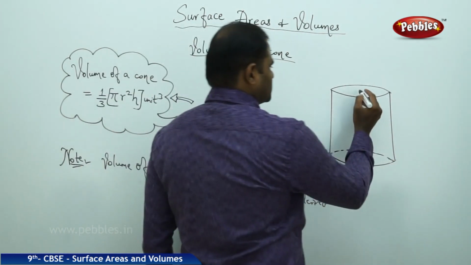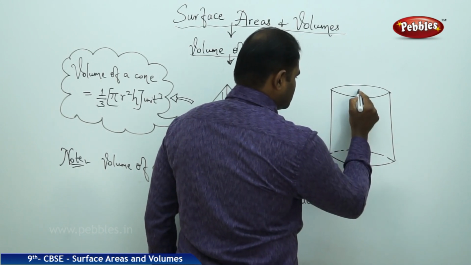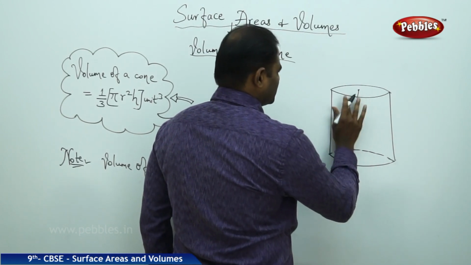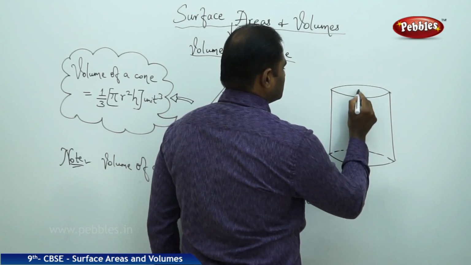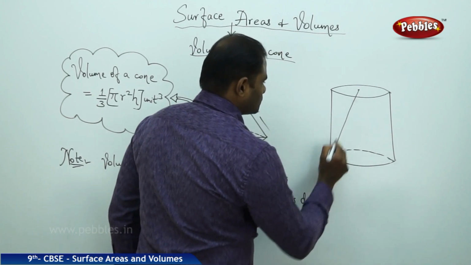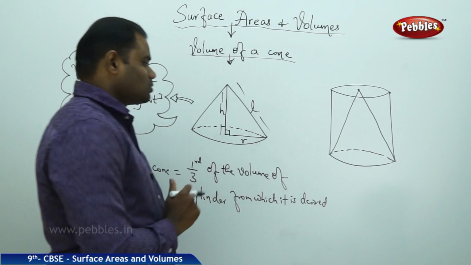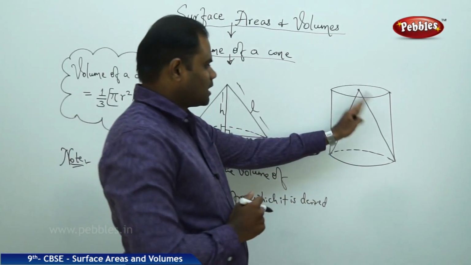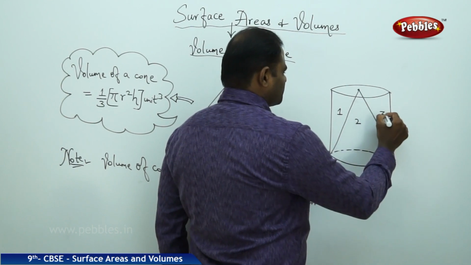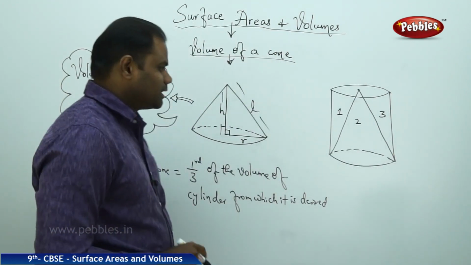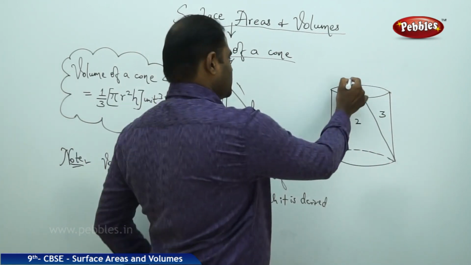Imagine I cut the cylinder exactly from center, so that I get something like this. So we assume that if a cylinder is cut into 3 parts, part 1, part 2 and part 3, this clearly is said to be a cone which is generated from this cylinder, and hence a cone generated from a cylinder is 1/3 part